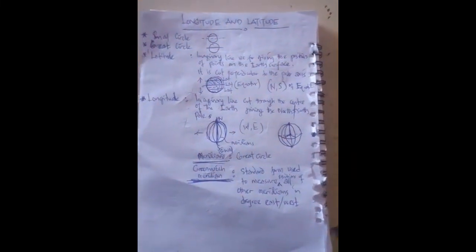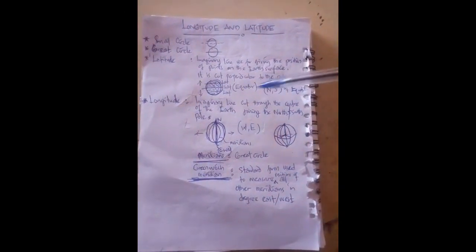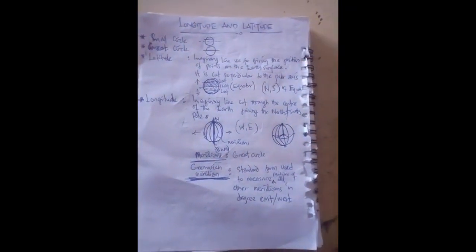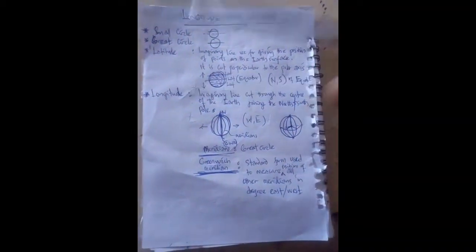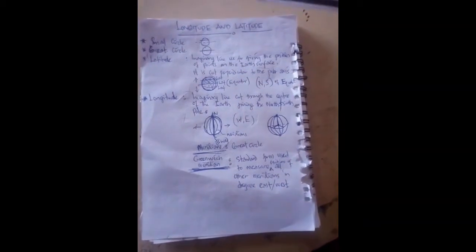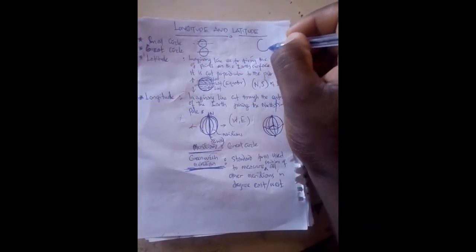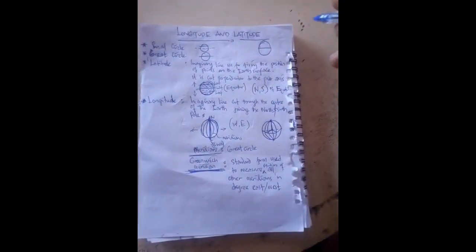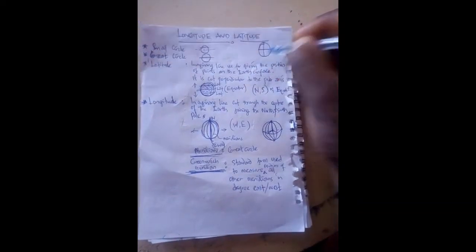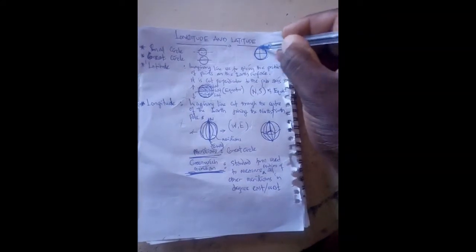Today we'll be looking at longitude and latitude, and we'll be looking at the great circle, the small circle, the latitude, and then the longitude. When you hear small circle, when you look at the globe, we have the equator, and then we have the what? The Greenwich meridian. Looking at the circles that we have,